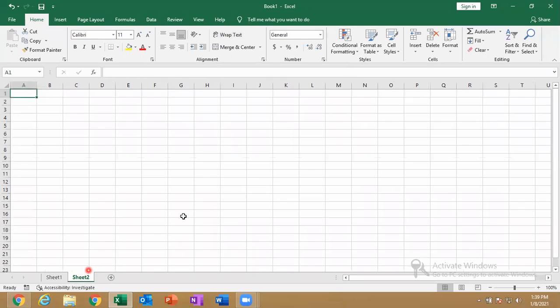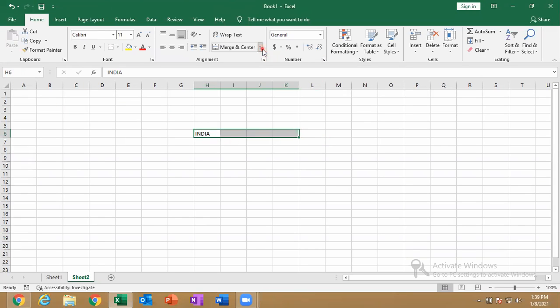And next, I type some text here, and I select here from H6 to K6. From H6 to K6, I have selected from here to here.